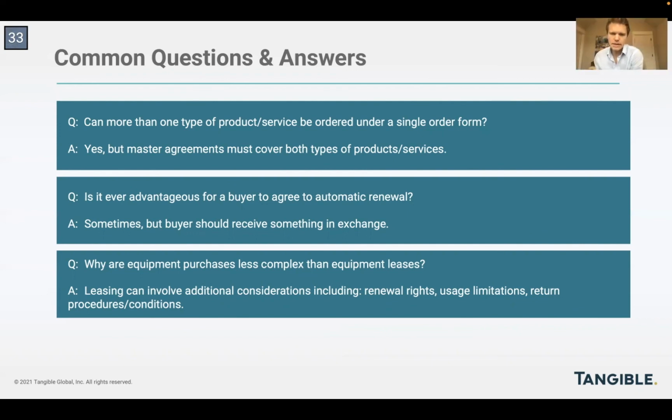Right, and the second question is, is it ever advantageous for a buyer to agree to auto renewal? Alex, would you like me to take that one? Please. So the answer is yes, but a qualified yes. And what that means is this. Number one, the buyer should always have the right to prevent the automatic renewal. Secondly, buyers often resist having to remember that they've got to opt out of an automatic renewal. Therefore, they resist the concept of an automatic renewal in favor of the option on the part of the buyer to renew within a certain framework.